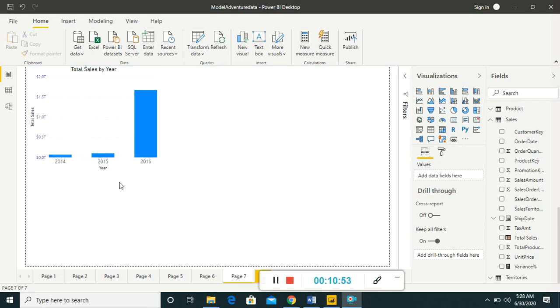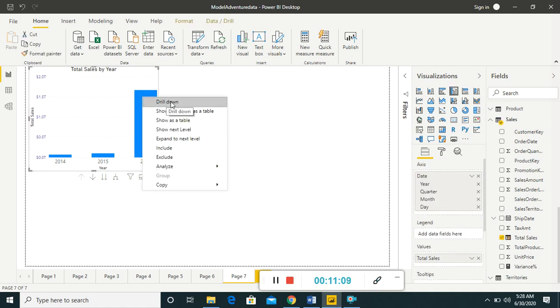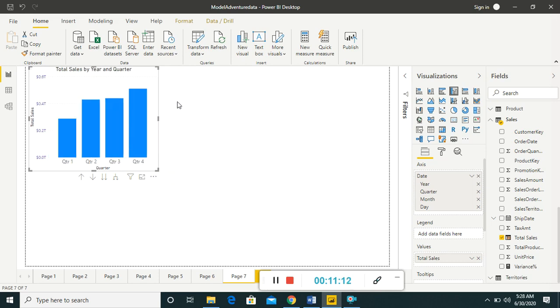Now if I want to see quarter information in some year, I can easily do this. So if I want to drill down year 2016, I can right click it and there is an option drill down. So now for year 2016, the quarters information is displayed in front of you. As you can see that in quarter 4 the sale is maximum, and in quarter 1 the sale is minimum. In this way the decision maker can explore and analyze the data.